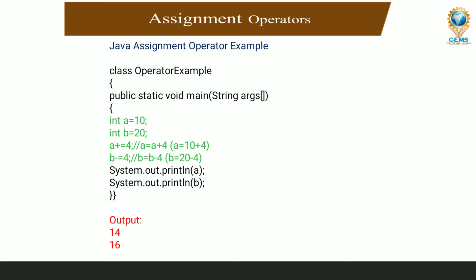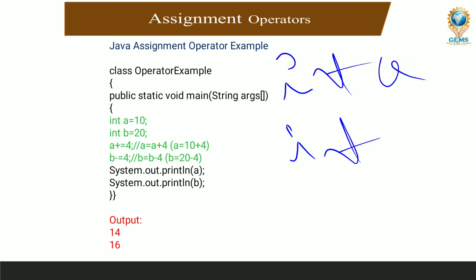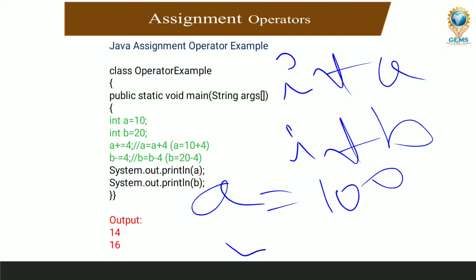So here we are declaring int a and declaring again int b. Two variables I declared, so the declaration part is over. But what do we have to do? We have to assign the values to those particular variables. Now a value equal to 100 and b value equal to 300.